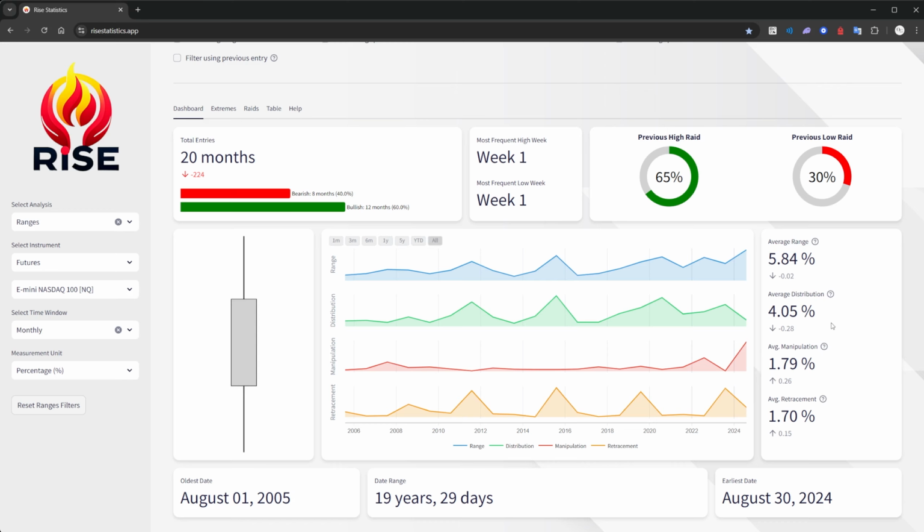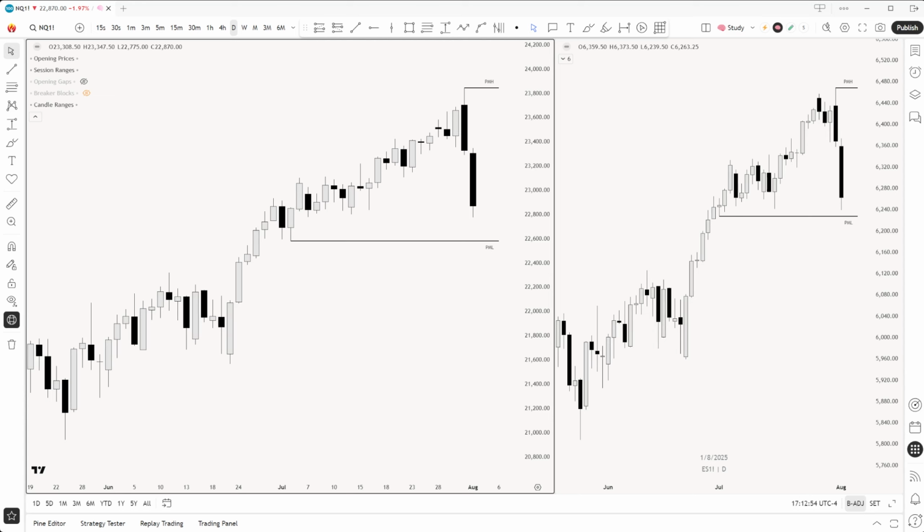Well, if there's a week left in the month of August and the range is 5.6, I don't know, we're pretty close to those average range, so I'm not going to expect a lot of movement. But if we are now in week 2, 1% range, then I'm going to expect a lot. But enough about random statistics. Let me switch back my screen to our TradingView, because now how can we use this data?